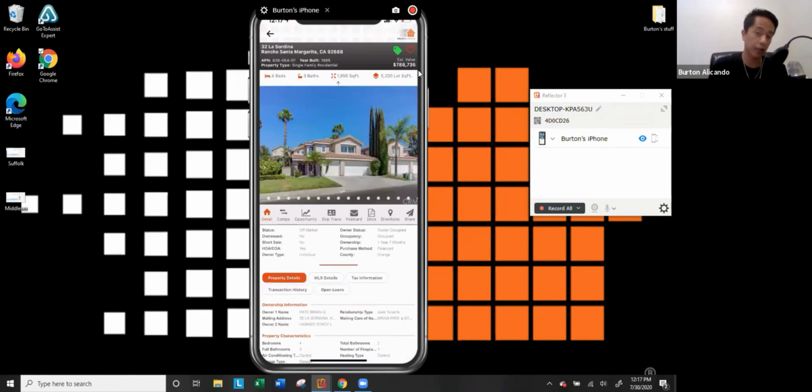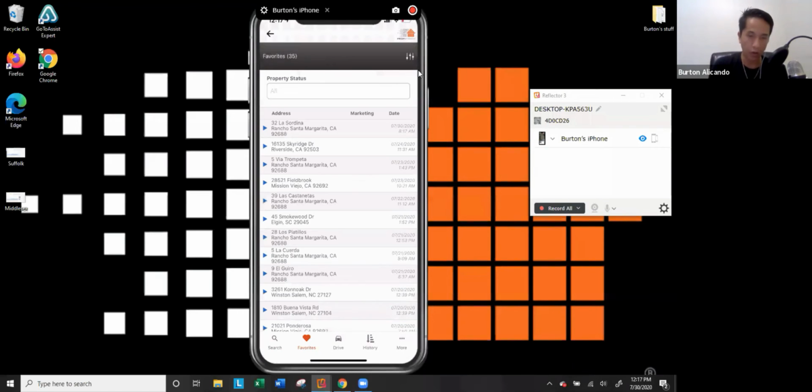And when it does tag the property, you are now going to see that on the desktop version. And also I can favorite it. That's the heart button. What favoring does is it puts it in my favorite section. So I've not only tagged the property and put it in my favorite section, which is now here, but on